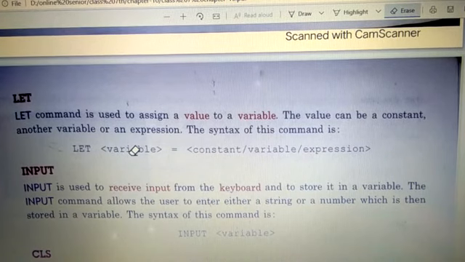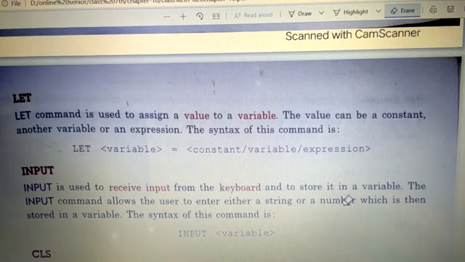So next one is input. If I want to input something in my program, I will use input command. It is used to receive input from the keyboard, right? So if I don't want to make a static program, if I want to make a dynamic program, I want the user to enter any value. Okay, if I want the user to enter any value, then I will ask for the input, and that will be done from the keyboard, right?